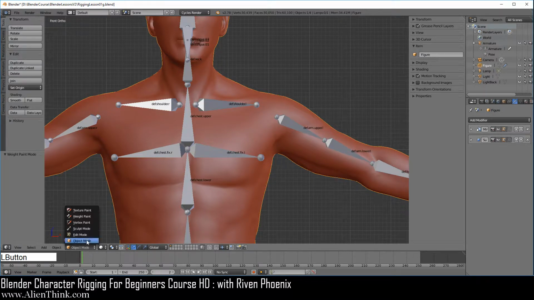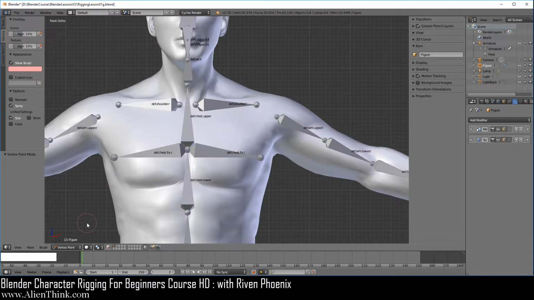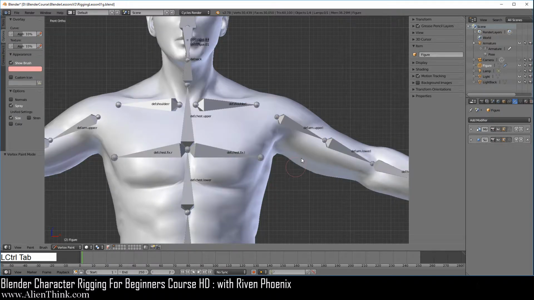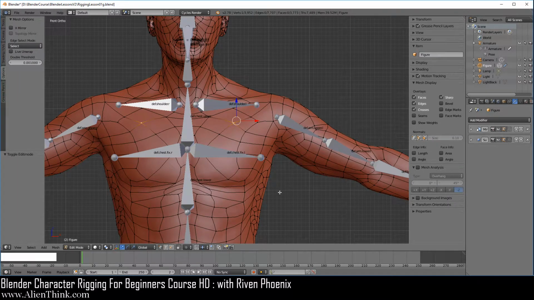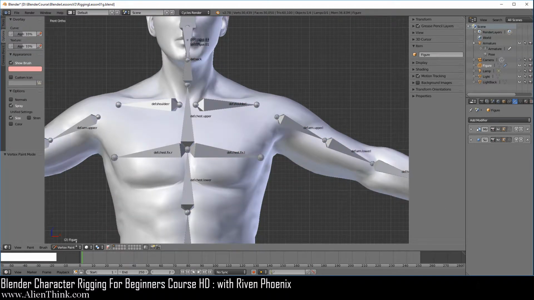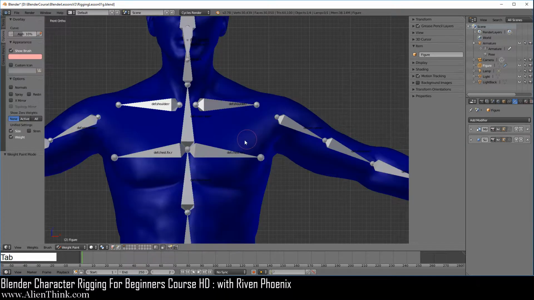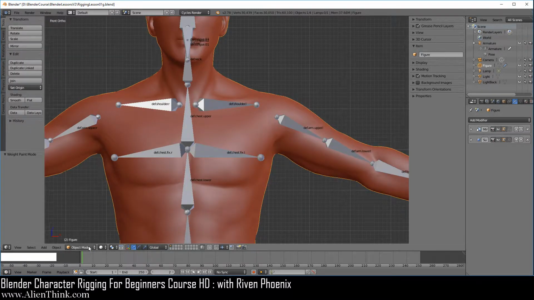So this means that over here, if we switch to vertex paint mode and do Control Tab, it's going to go to weight paint mode, and Control Tab to go to vertex paint. So if we are in vertex paint, just like when we were in object mode, if we press the Tab key, it's going to go into edit mode, and Tab key to go into vertex paint. Now when we do Control Tab to go into weight paint, press the Tab key to go into edit mode, press the Tab key to go into vertex paint. Now when we do Control Tab, it should jump back to object mode. Let's do that. Control Tab. You'll see that it just jumps back. So it's the same thing for all these modes here.